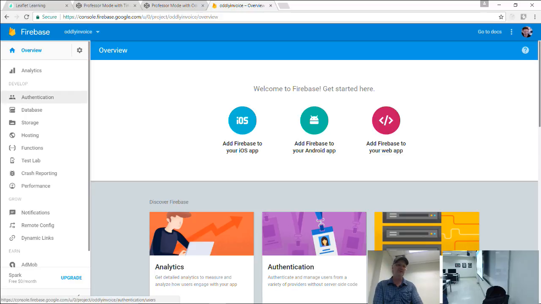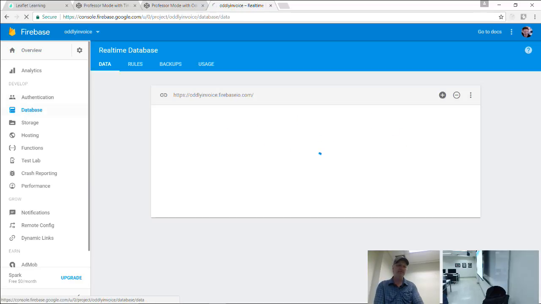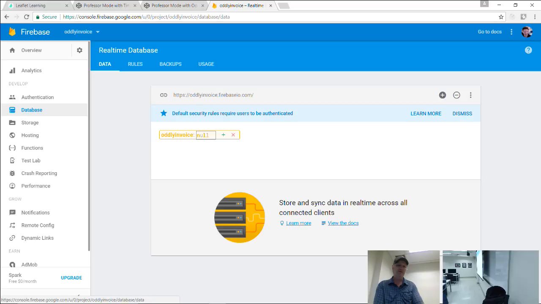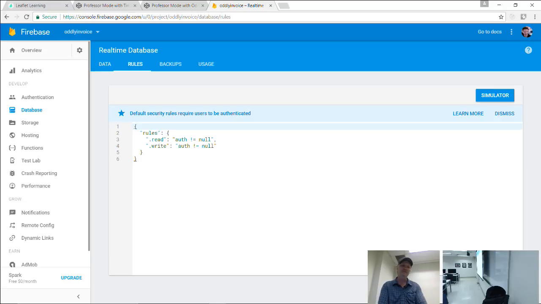If you go over to the database here, the second tab is called Rules. You're going to need to go into the rules. This is how we write the security and access rules for Firebase. It's pretty cool how they do it here. You can write it all as JSON, which is very unique. I don't know of another database that handles security this way.